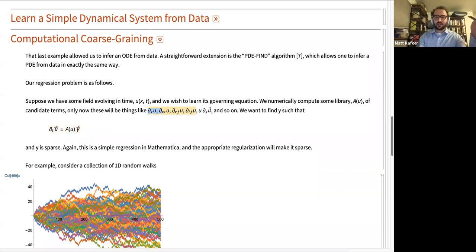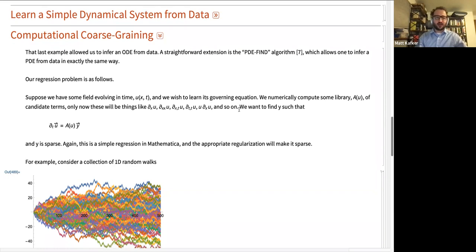Now the library is going to contain derivative terms, though. So it's going to have things like du/dx, second derivatives, u times du/dx, things like this. So you're going to form combinations of derivatives. And here you get into not exactly squirrely territory, but you have to think carefully about how you numerically differentiate your data. If you're confronted with noisy data, for example, and you do finite differences, that's a terrible solution. Your numerical derivatives are going to be bad, your library is going to be bad, and your fit is going to be bad. So this has to be thought about carefully, but it's not really that hard to do this in many situations.